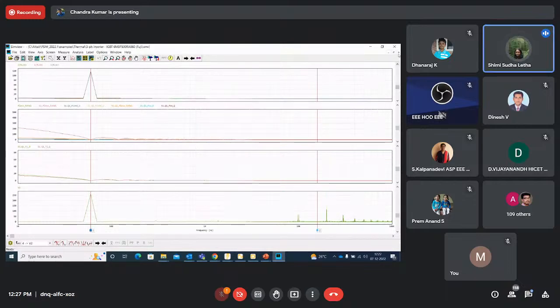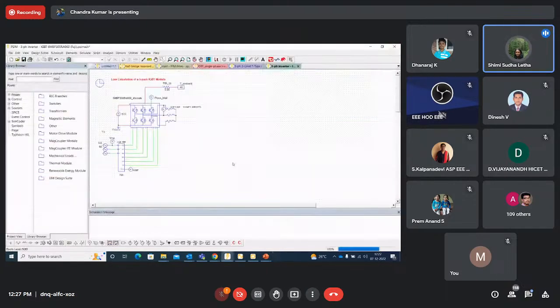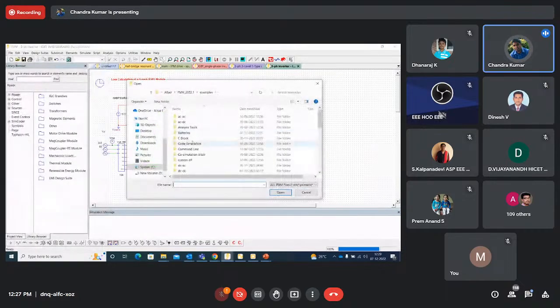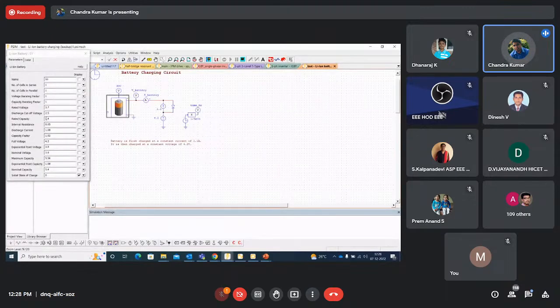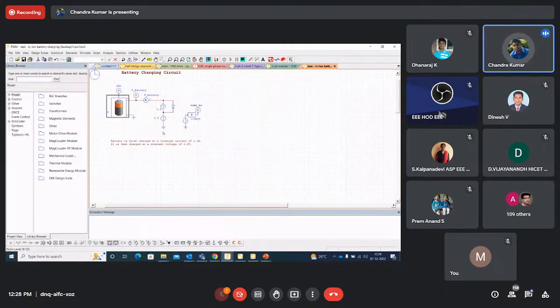Somebody else was also asking; one of the participants wants to know about the battery side. Yes, we also have battery charging and discharging. Go to batteries, take a battery here, and you can enter all the battery parameters. This is a physical representation of the battery, with the number of cells in series and parallel. Based upon the range of voltage level you want to work with, you can give all the parameters, and you can completely study the state of charge, battery current, and battery voltage. Then you calculate time in hours by dividing by 1 by 3600. This is a simple one, but you can connect batteries and study as well.